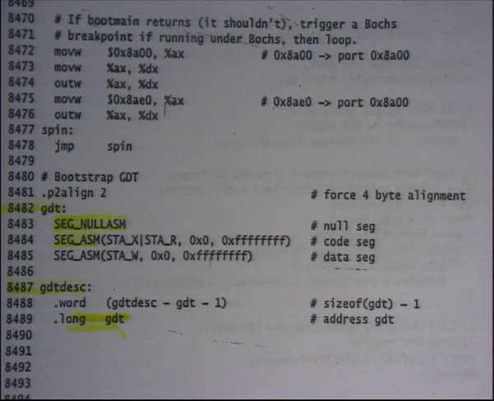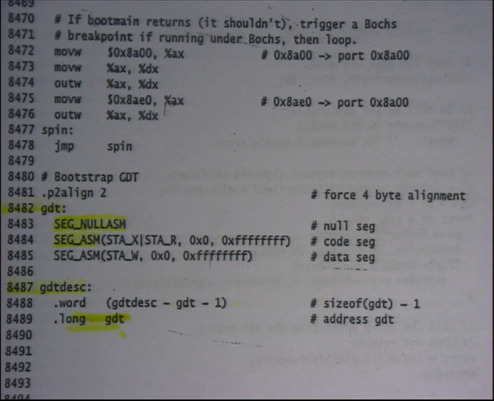These are all macros. SEG_NULLASM is a macro which will get macro expanded. You can actually browse the x86 code to see exactly what number this SEG_NULLASM represents. But whatever the number is, it sets up the GDT 0th entry to say that this should never be accessed, basically,